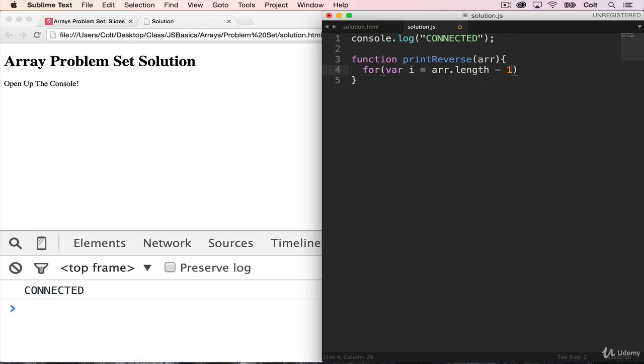So let's space this out a bit. Next, we're going to keep going while i is greater than or equal to 0. And then lastly, we're going to i minus minus. So i will start at, in the case of print reverse of this array, 3, 6, 2, 5, i will start at this index, which would be 3,